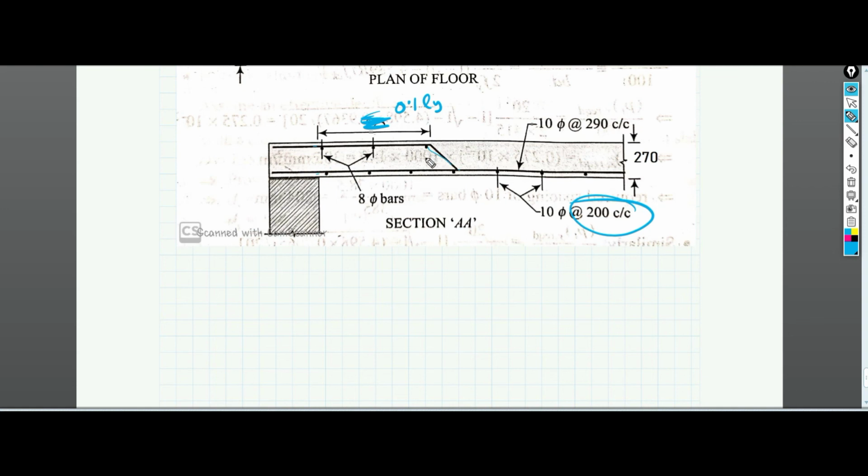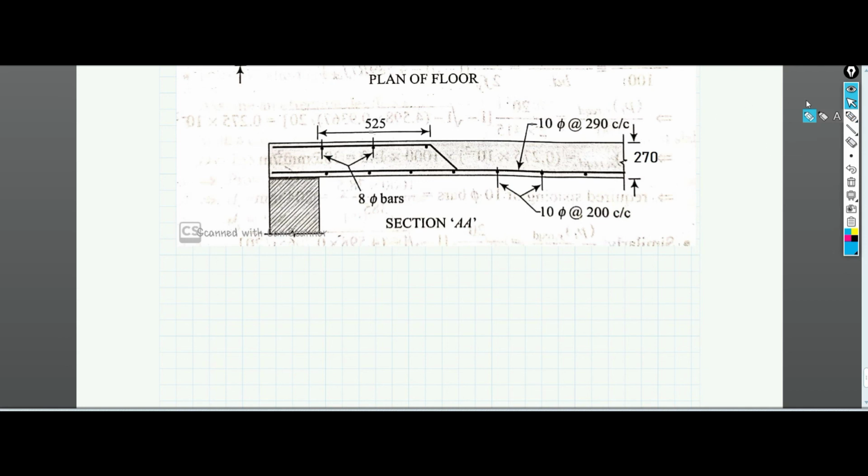That means 50% of the bars, alternate bars, will be cranked up. Okay, and the 8 mm bars that we have provided are distribution bars, that is the nominal, and other than that these are the bar arrangements that you can see. So this is how we have to do the detailing,